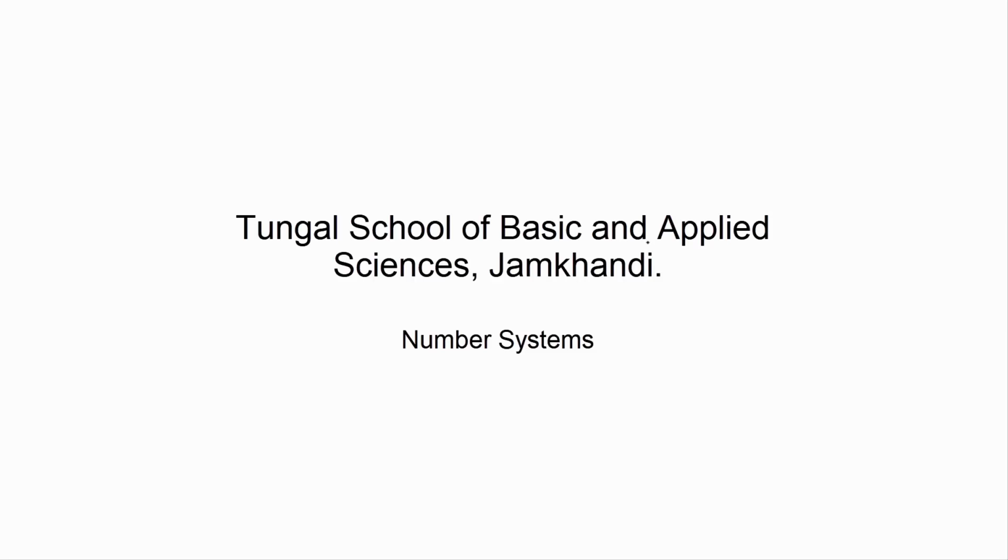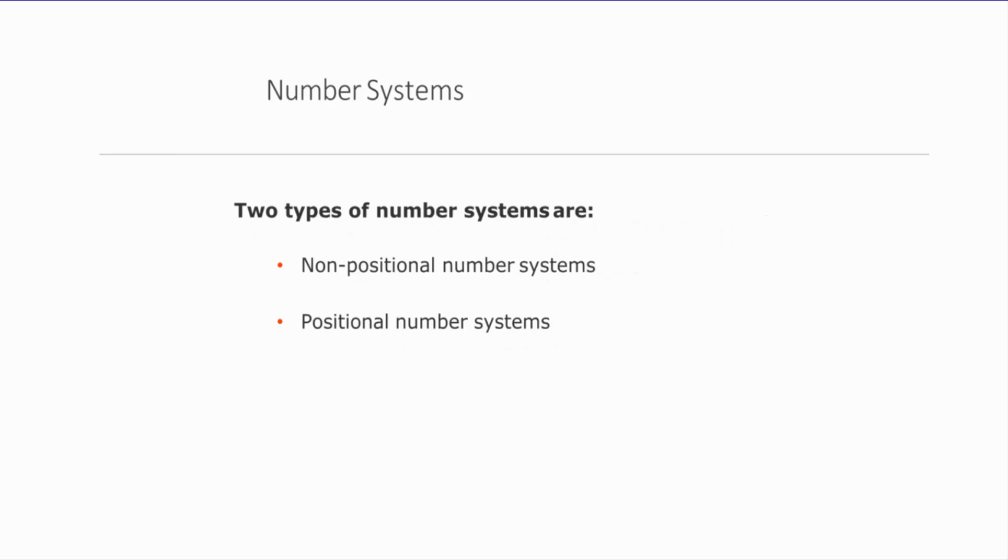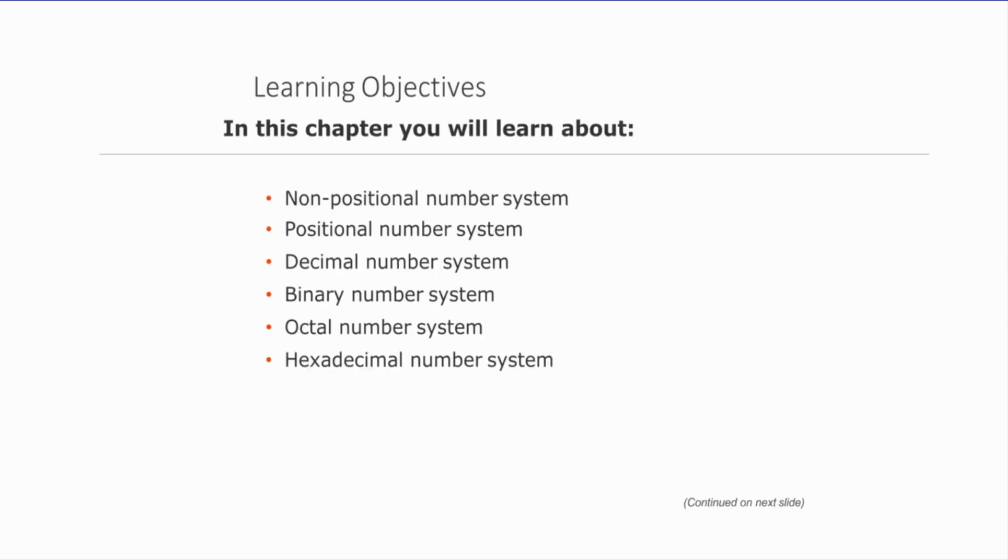In the last class I introduced the first unit, and there we got to know that there is a number system in this unit and also digital systems. We will discuss digital systems later. So let me introduce what number systems are and what the different types of number systems are which we are going to deal with in this unit. Basically there are two types of number systems, that is non-positional number systems and positional number systems. These are the mainly used number systems.